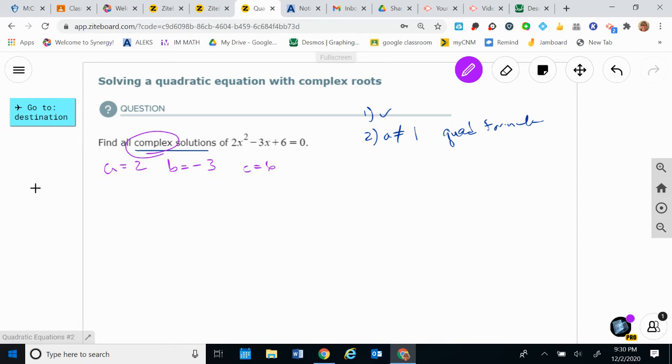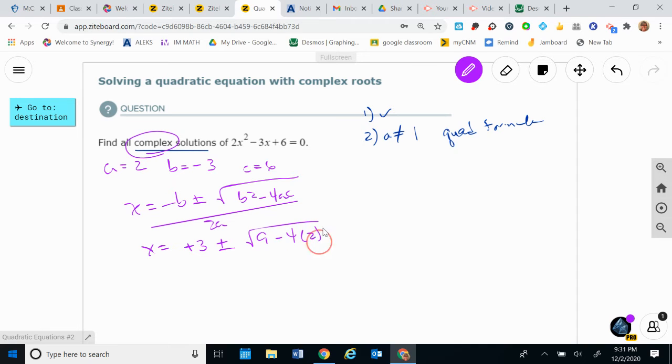Now it says complex. A complex number has a square root sometimes. So basically this is the exact same thing we just did, except you leave the square root in the answer. Okay, so x is equal to -b plus or minus the square root of b squared minus 4ac over 2a. You don't actually have to copy this one down, you guys, unless you need to, okay? B squared is -3 squared is 9, minus 4 times 2 times 6, all over 2 times 2. X is equal to 3 plus or minus the square root of